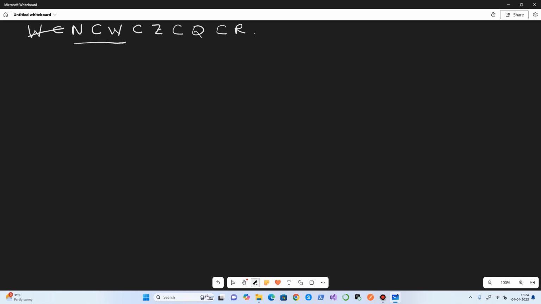So this is the relation we need to remember. N is a subset of W, W is a subset of Z, Z is a subset of Q, and Q is a subset of R. And we can see that N is a subset of even Z, Q, R. Whatever set comes on the right side, it is always a bigger set. So W is a subset of Q and R also, apart from Z. Similarly, Z is a subset of R as well. And the irrational numbers are a subset of the real numbers.